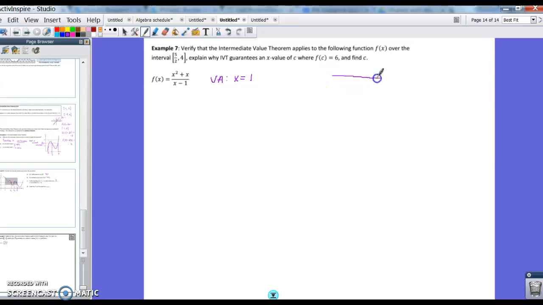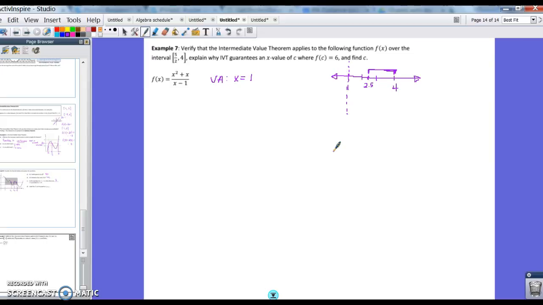If you think of your number line here, here's 1. 5/2 is 2.5, so if 2, 3, and 4, really we're going from here at 2.5 or 5/2 to 4. So this is the interval we're looking at right here. Our function is continuous in this interval because our asymptote would be over here at 1. So because it is continuous, what we need to do is